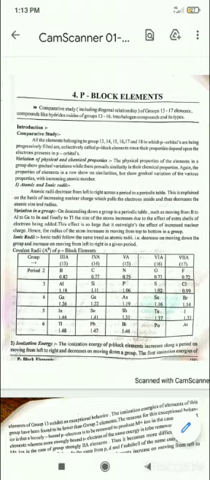So in this way, from period 2 to 6, the size increases from top to bottom because electrons are added in the extra shell. This effect is so large that it outweighs the effect of increased nuclear charge. Hence, the radius of the atom increases from top to bottom. You have to remember that the atomic radii, ionic radii decrease from